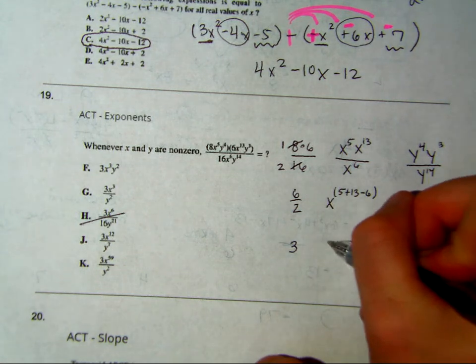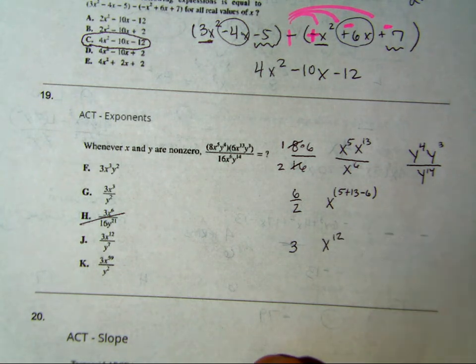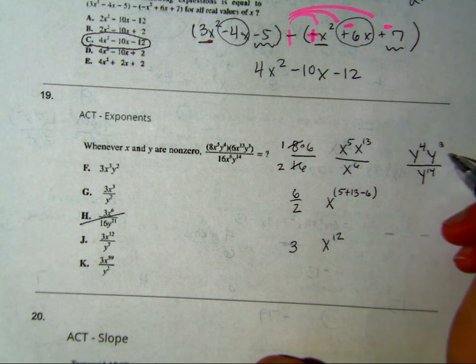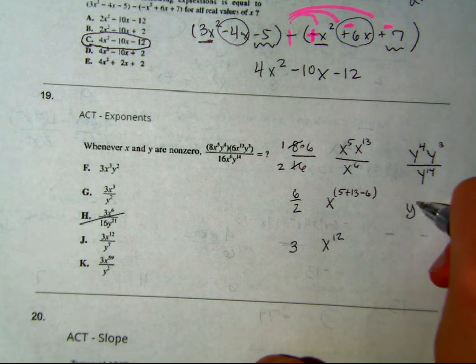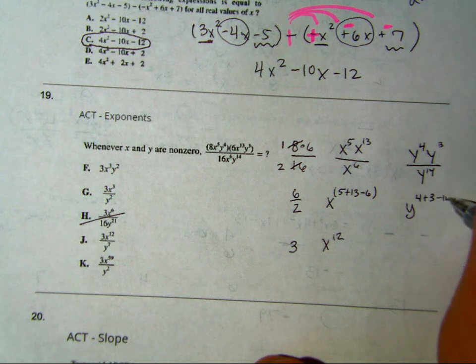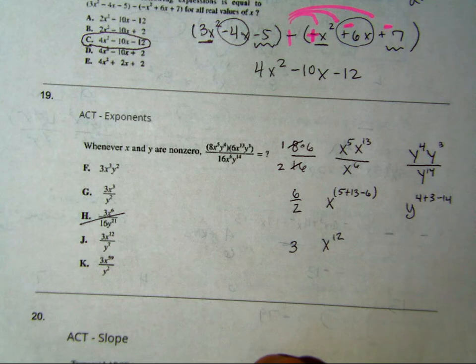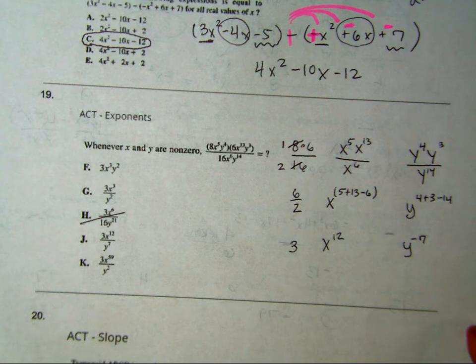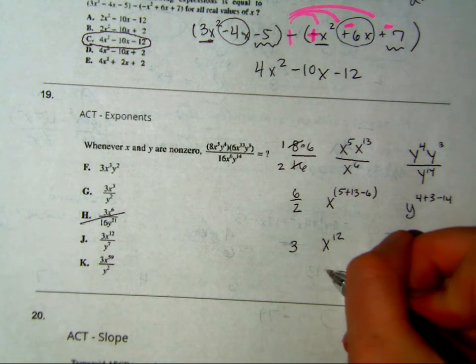Okay? So then same thing here. When we multiply, we're adding our exponents, so we have y to the 4 plus 3 minus 14. So 4 plus 3 is 7. 7 minus 14, we end up with, I believe, negative 7. Right? Is that right? 4 plus 3 is 7. Okay. So now when we put it all together, we have 3x to the 12th, y to the